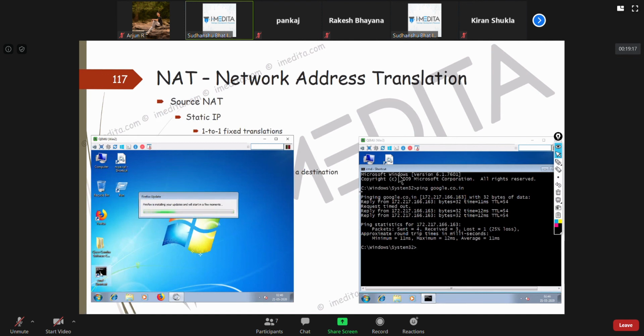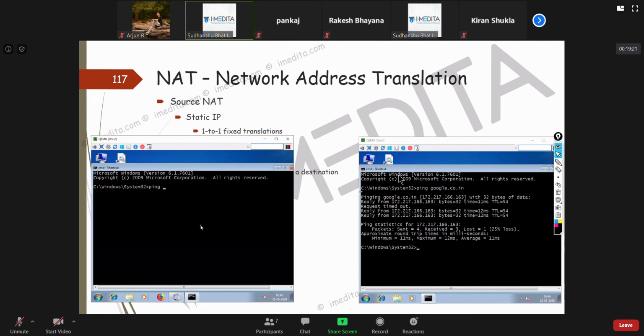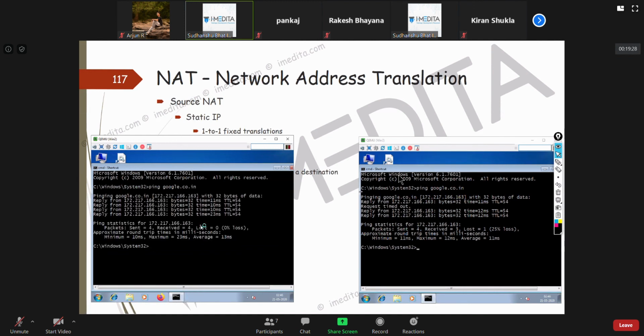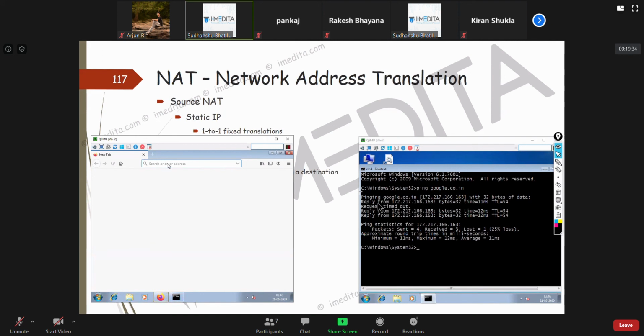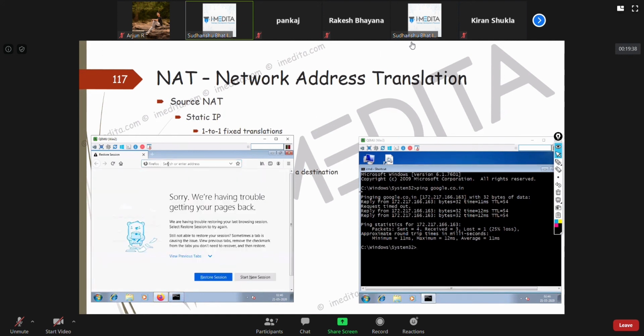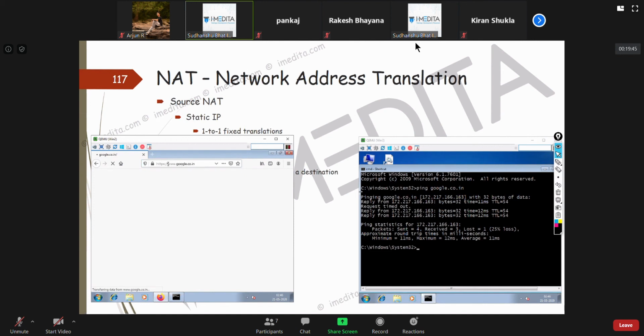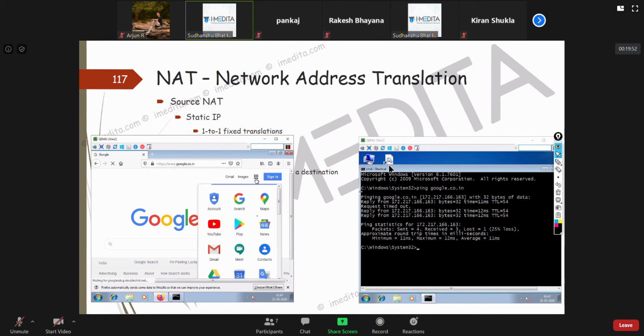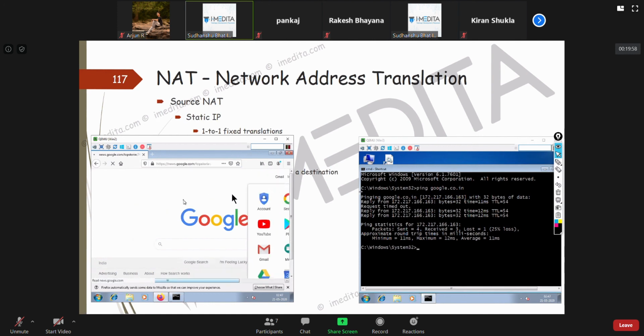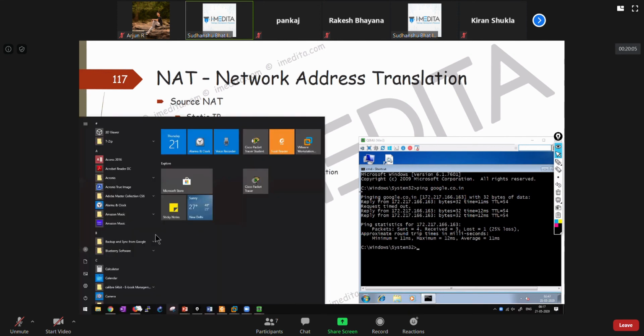That's also a sign that it has access to the internet. So internet is working.